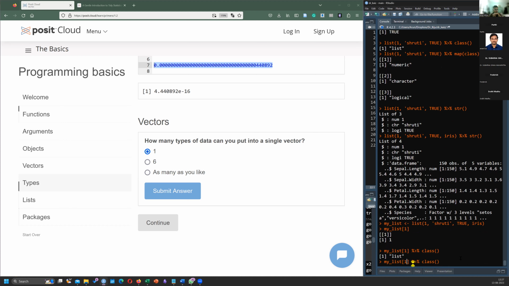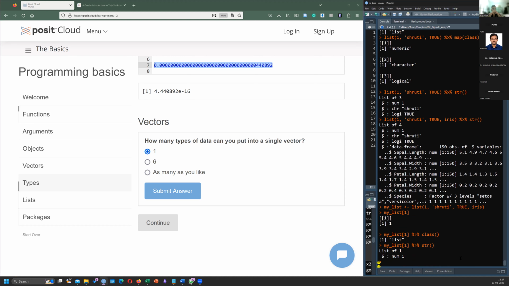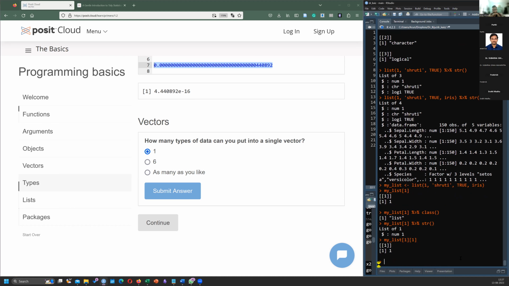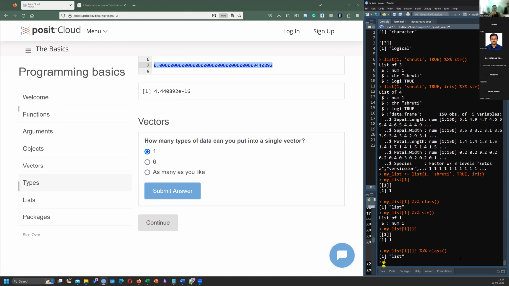So then, how do I know? Okay, if I look at the structure, it's a list of one thing, a number. So my question is, what will happen if I do this? Then also I should be able to go to... what am I doing? I'm asking the first element of that list, isn't it? So then it should give us the number, no? Numeric, right? If I ask the class, it should be Numeric. Number. But why is it still a list?